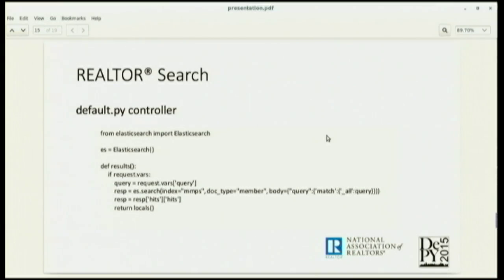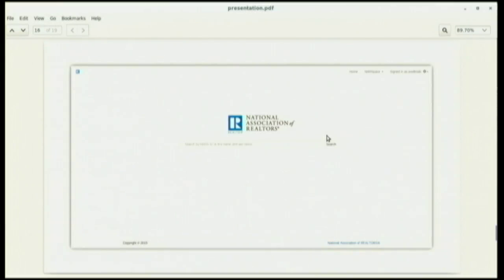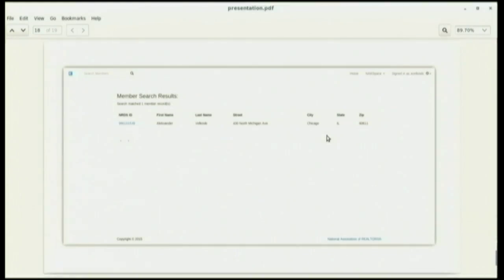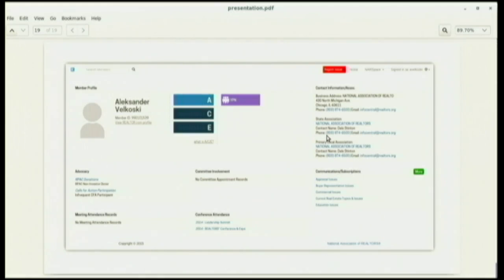So now I'd like to show you this actually implemented in a Realtor search that we created at the association. We wanted this to be a lot like a Google search, so we wanted non-business users, or non-technical users, to be able to write queries and receive information that will be relevant. So you see here, someone can go ahead and type in a name. They can search for the name, and the response, in this case, is only one document. It's Alexander. So I was found. You can click on the person's ID, and you receive basically a profile of the person